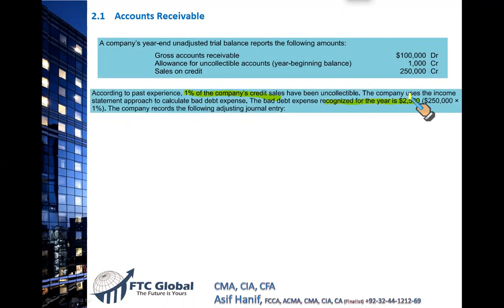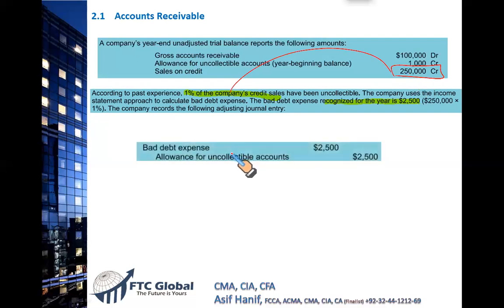How is it calculated? It is simply 1% of your credit sale. As per the past experience, 1% of your credit sales is your estimated bad debt or estimated allowance for bad debt. So the entry that you make is debit bad debt expense, credit allowance for uncollectible. Now I need your 150% attention on this point, because most of you make mistake on this part of the allowance. Now listen, this bad debt expense, Haza, it's estimated. It is the estimated, not actual bad debt. This is the estimated bad debt expense debit and allowance credit.